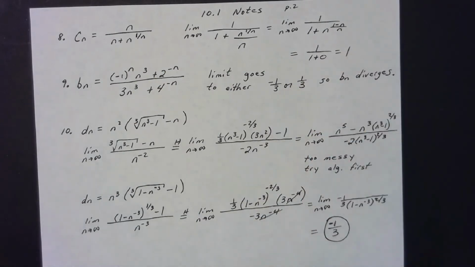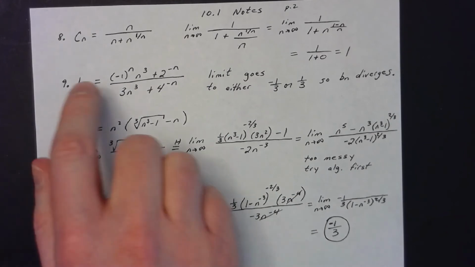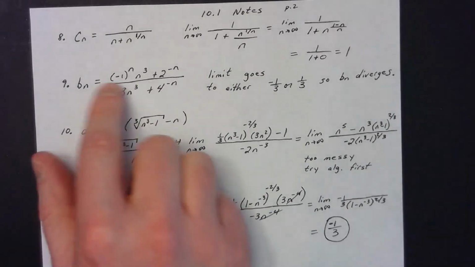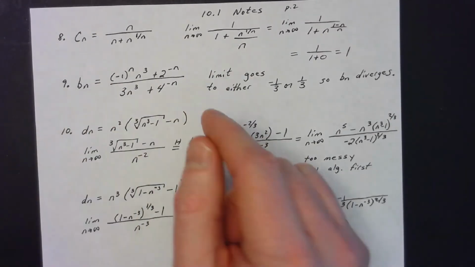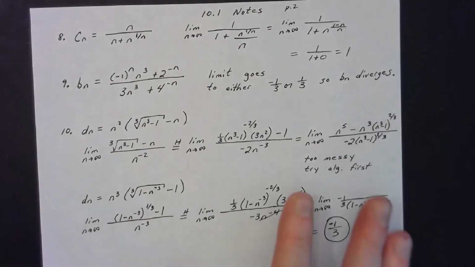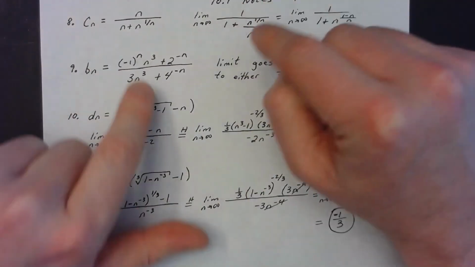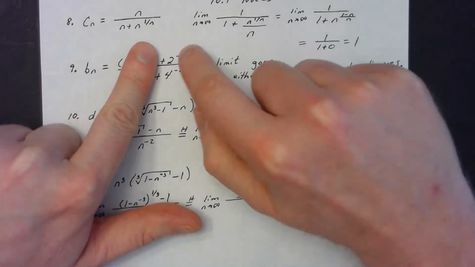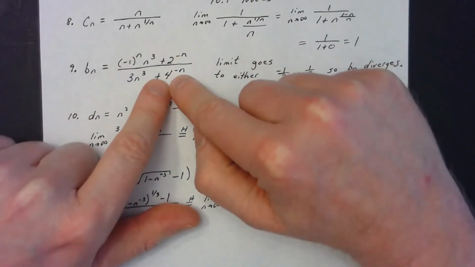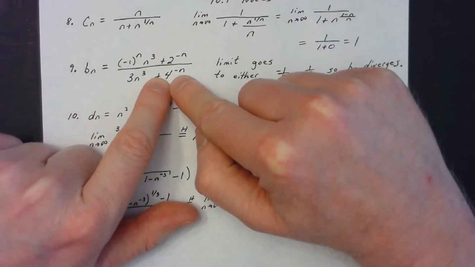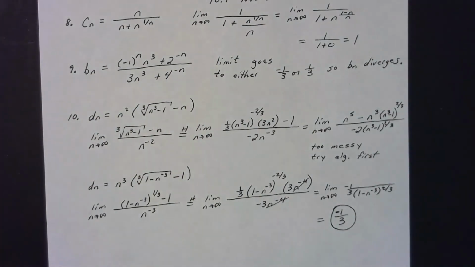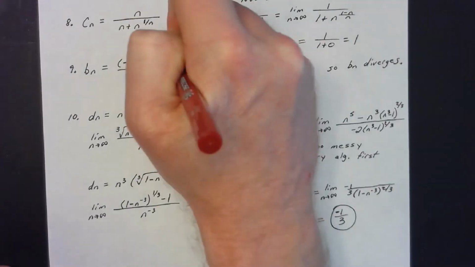This next one, in fact all of the ones on this page, tend to really confuse students because they overcomplicate the problems. If I look at the sequence b sub n, it looks pretty complicated here. It shouldn't be. Here's why. When you break it apart and think about it term by term, I'm not concerned about these terms whatsoever. Why am I not concerned about them? Because think about what this term right here is.